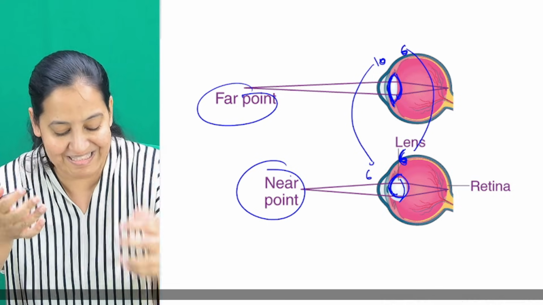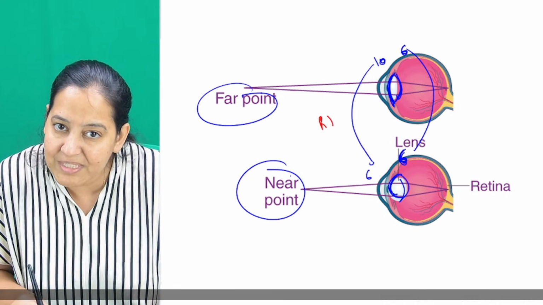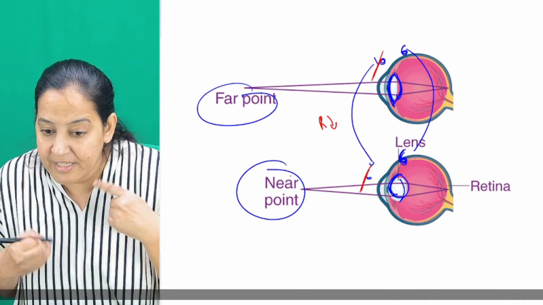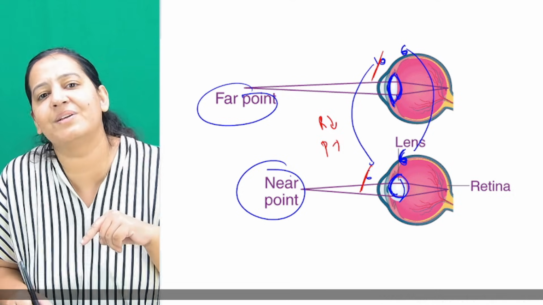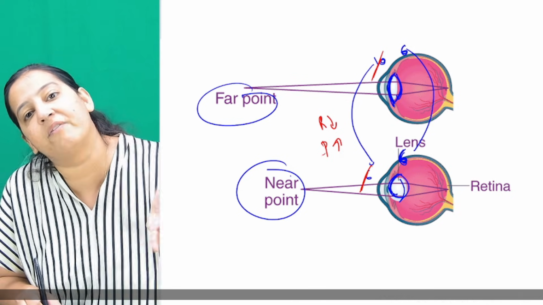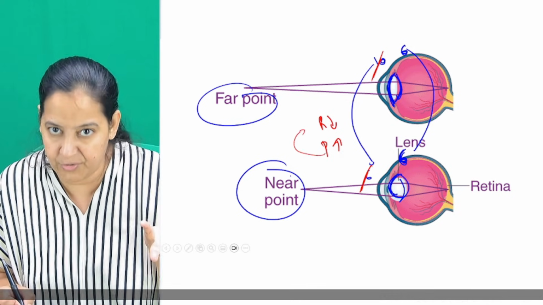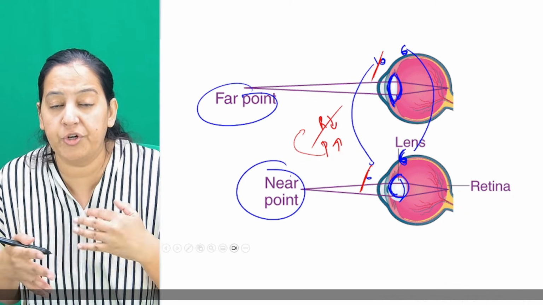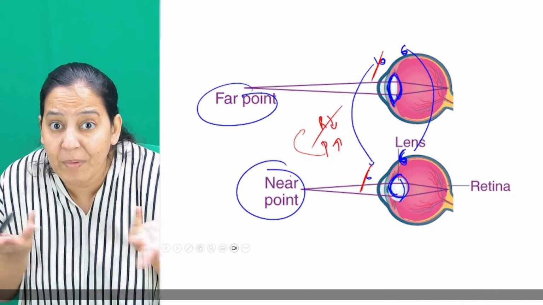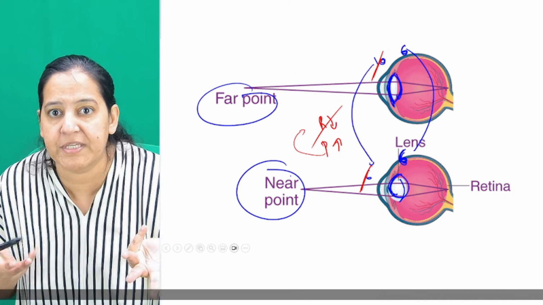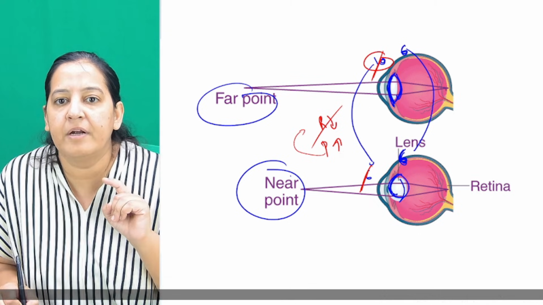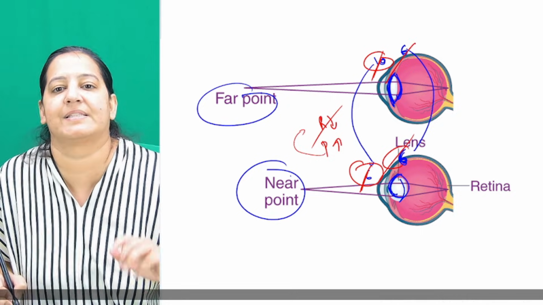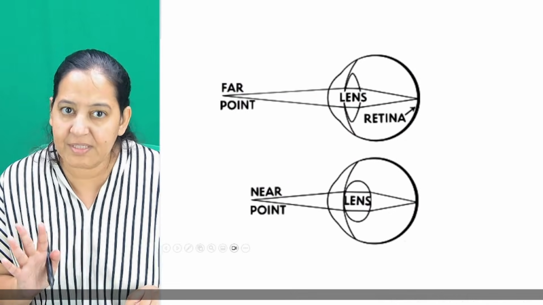So this is how the radius of curvature is reducing, from 10 mm to 6 mm. The radius of curvature is reducing, and that's why power is increasing, because power is inversely proportional to radius of curvature. You got my point. You should say objectively how much it is reducing: from 10 mm to 6 mm for the anterior one. The posterior is the same. It was 6, and it is still 6 during accommodation.